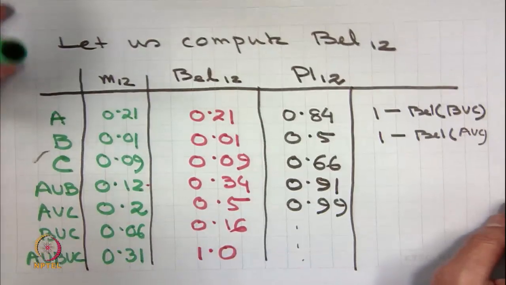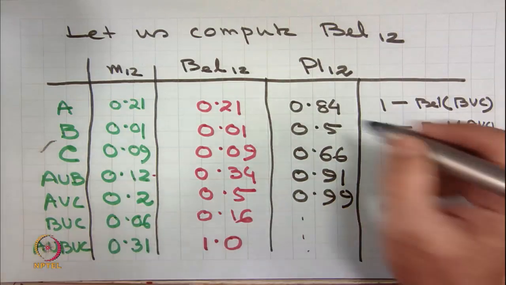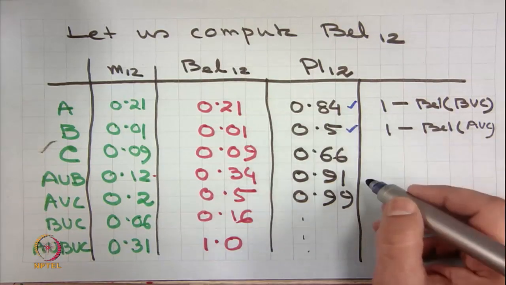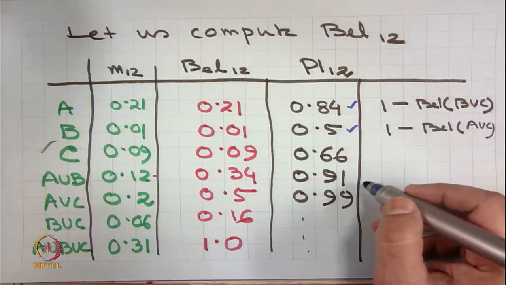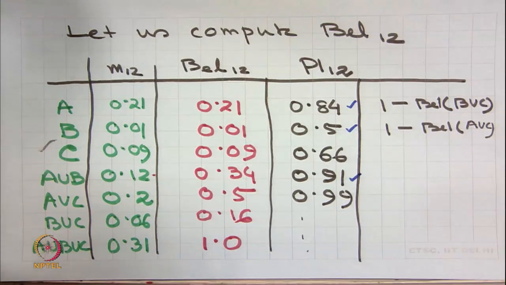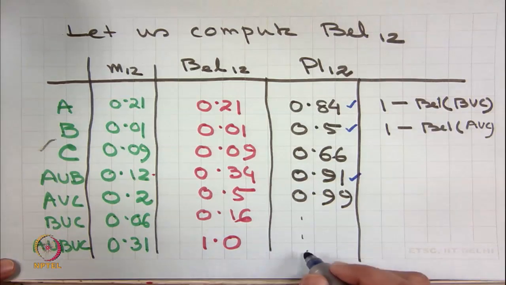You can now check with the values that we have computed. We find that it came out to be 0.84, 0.5, and 0.91, and therefore, we can now calculate